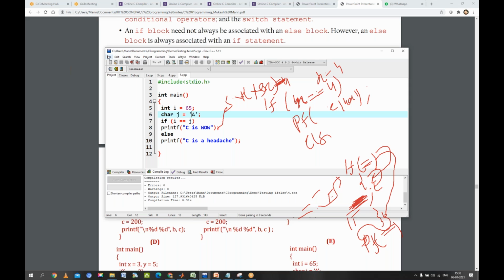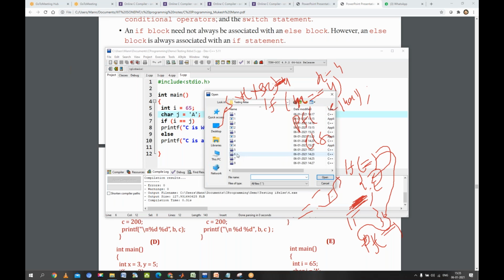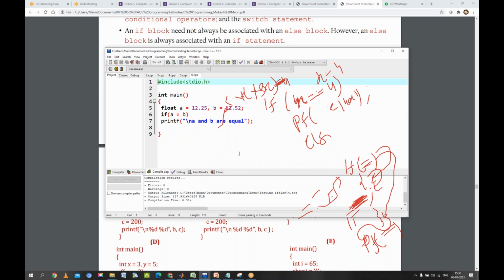Okay, sir. So now, coming to one more example. Sir, if we have to compare the character A with 65, how will we do this? Inherently, whatever you are storing inside the character, for example A or small a or B or small b, there are different ASCII codes for small a and capital A. So inherently these will be converted to decimal numbers. When we compare them, these will be converted to decimal numbers.